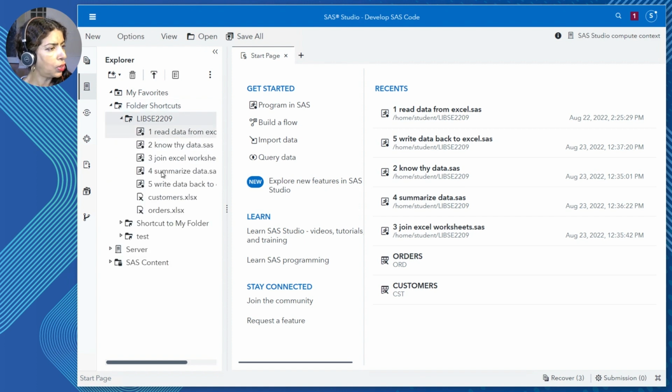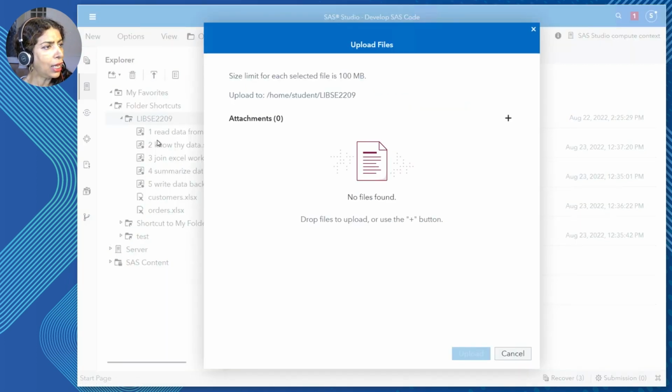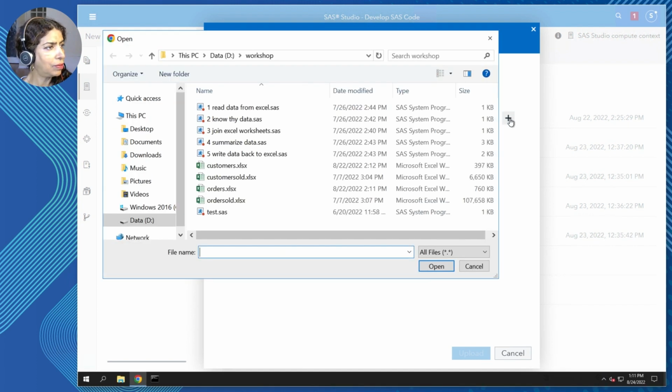I've created a shortcut to my code as well as my SAS Excel workbooks that I'll be reading into SAS. Now, if you haven't already got the data and the code in here, the easiest way is to use the Upload Files button. Then you are prompted with this window with the plus button to add.